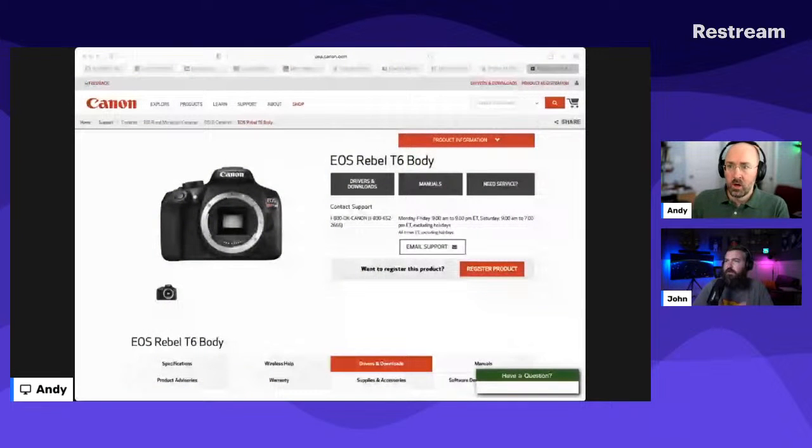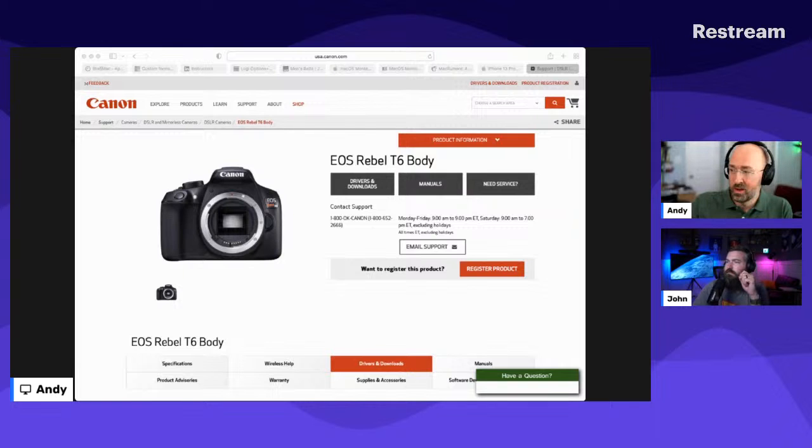So here's the first screen, if you want to bring the screen up into the sharing. Yeah, there we go. All right. So I had a Canon EOS Rebel T6. It's probably 10 years old at this point. My parents got it years ago, going to take pictures of all the grandkids and everything, and it was just way too complicated for my mom. She's better off with just an iPhone camera.